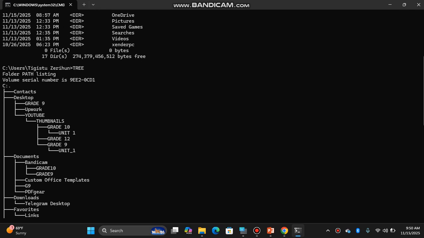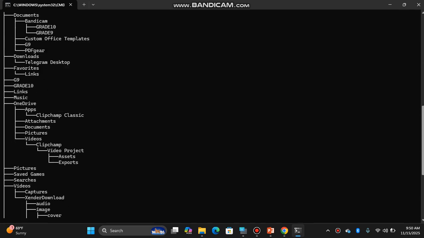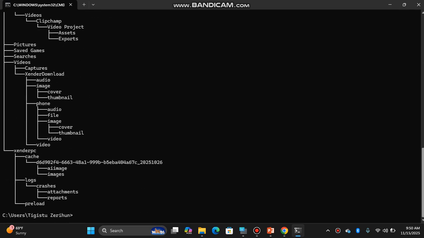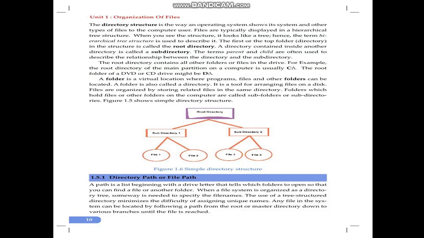The root directory is C, which is the parent, the root for all subdirectories. There are parent and child inside this type of hierarchical tree structure. In command prompt, the operating system shows us this type of structure.